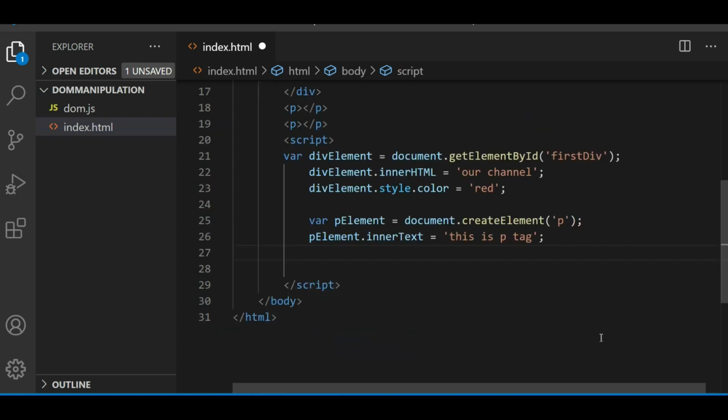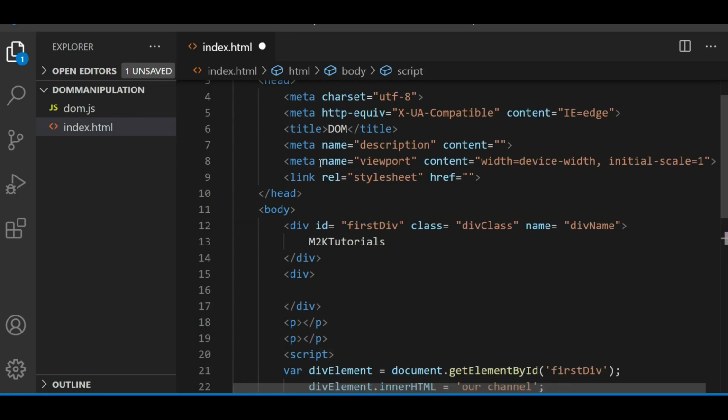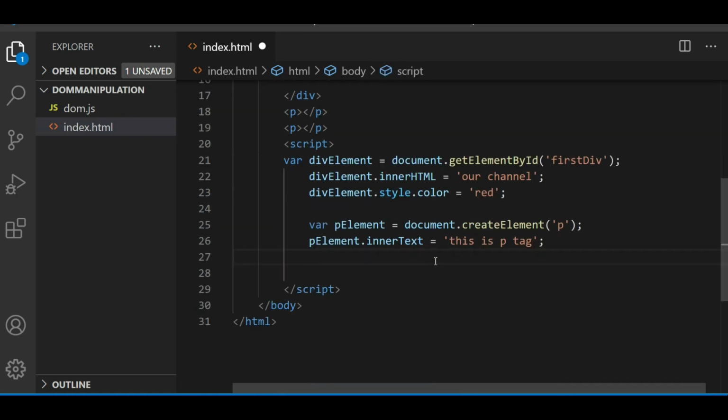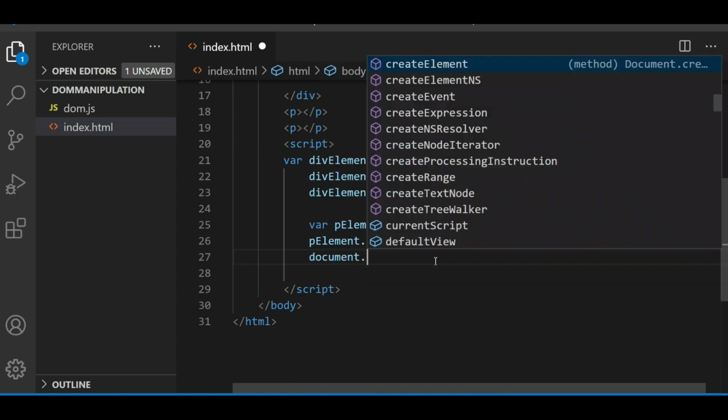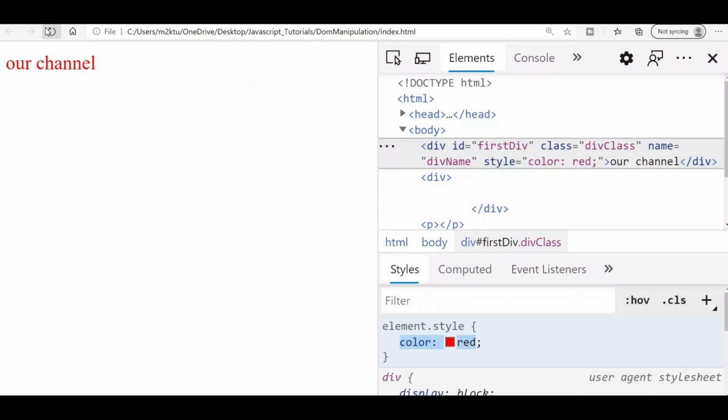Now I have to add this p element inside the body of our HTML. So we can write document dot body, and then there is the method append child. You use that, and you put just the reference which you have created here. Now if you refresh, this is p tag.